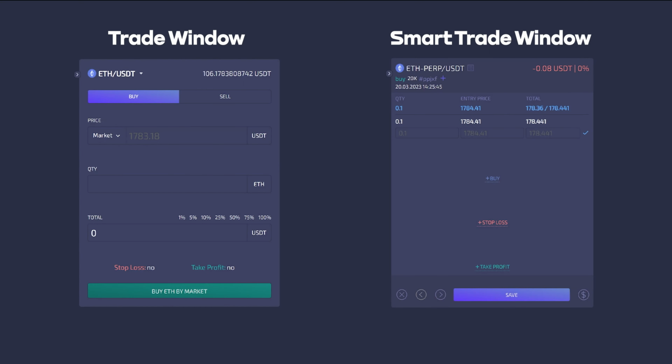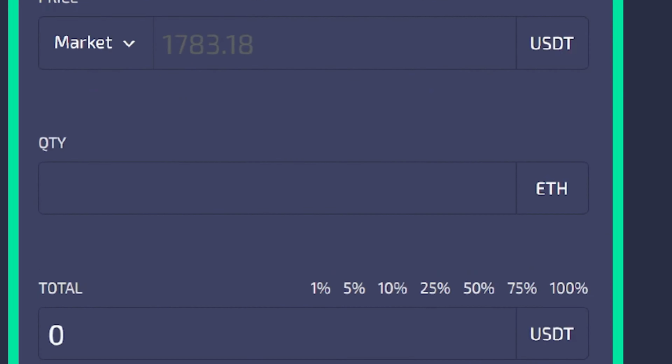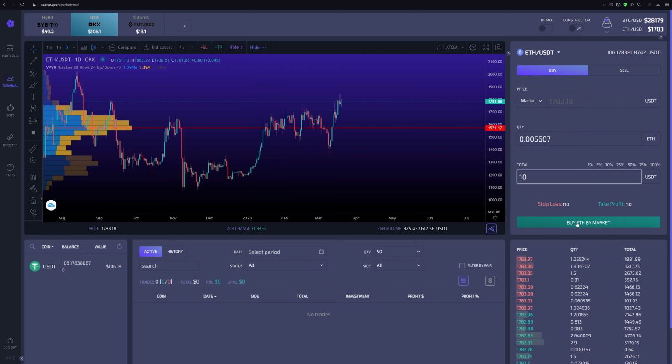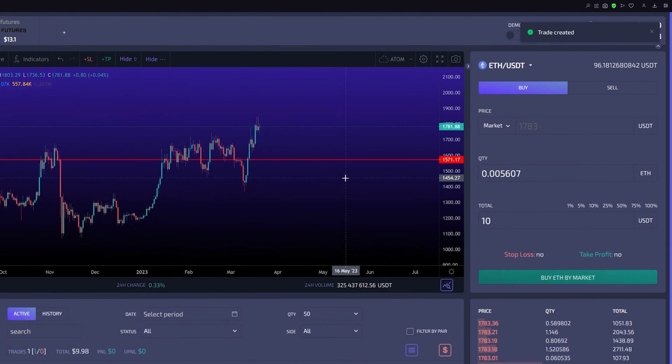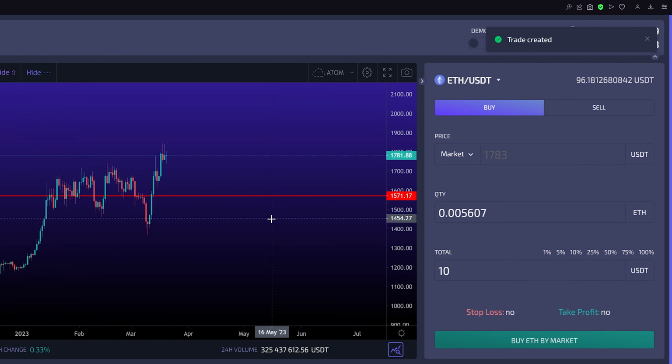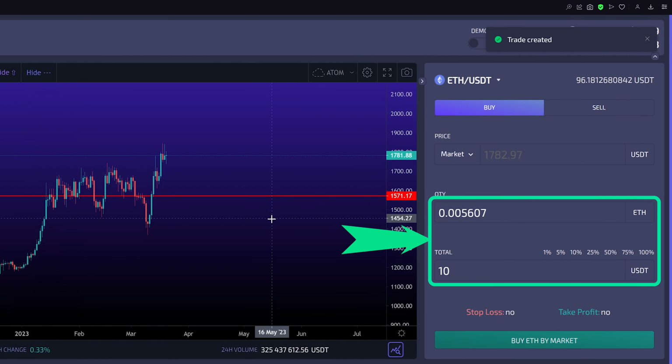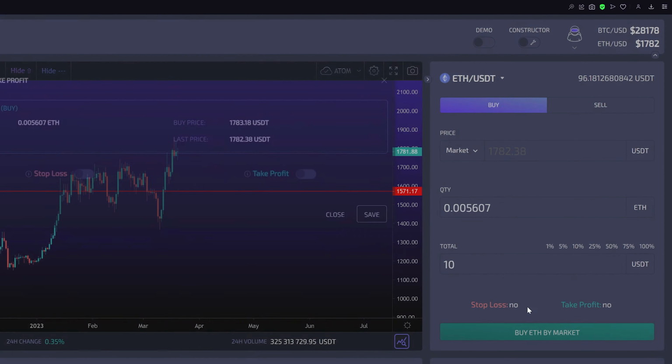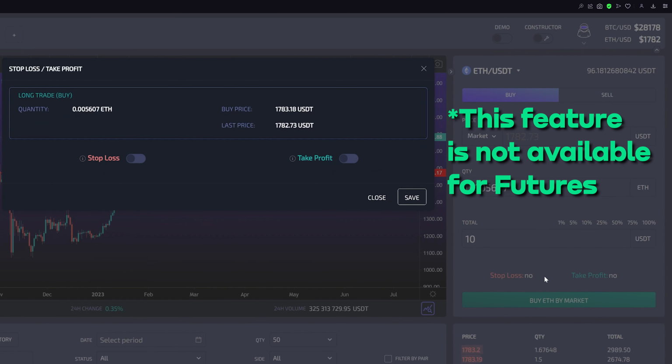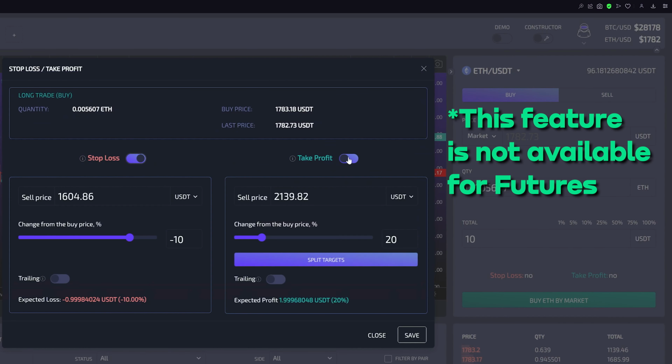First things first, Capico has two different trade windows. This is what we call the trade window. You need it to create new trades, and it always will create a new trade or position in the trades list. As you can see, it doesn't have much in it. You can select trade type, configure your entry order, and you could set up initial stop loss and take profit here and configure them later, but most of the time it's easier to set them up after you create your